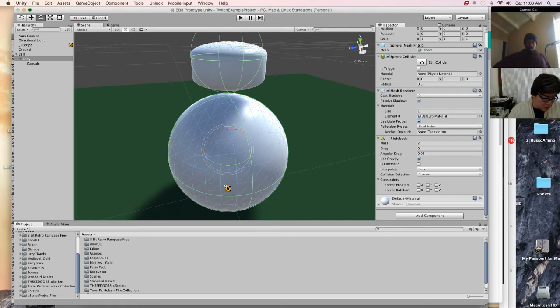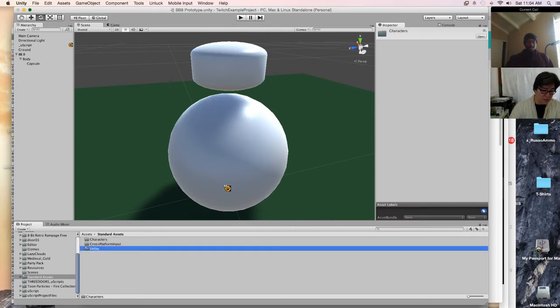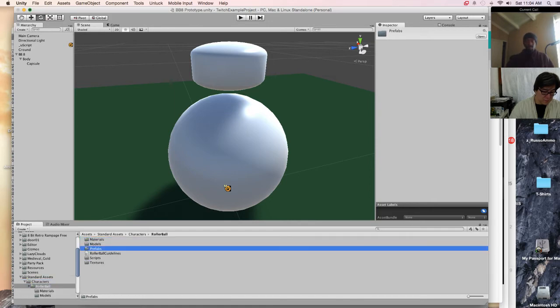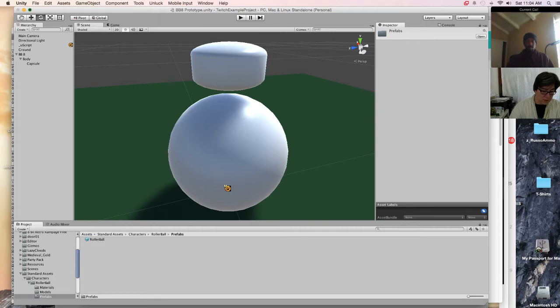I'm gonna quit fiddling with this other stuff. Just do search. It's standard assets, character, utility, rollerball. I could just bring in their rollerball.